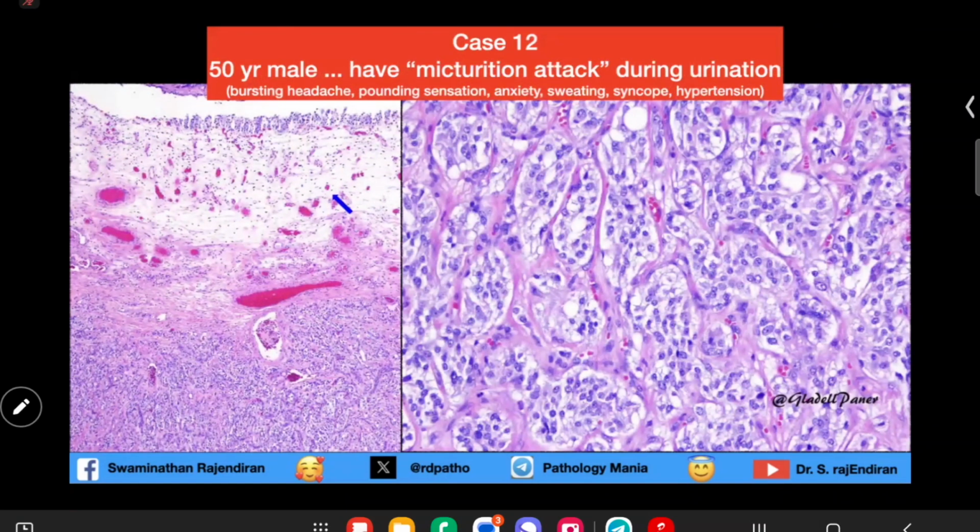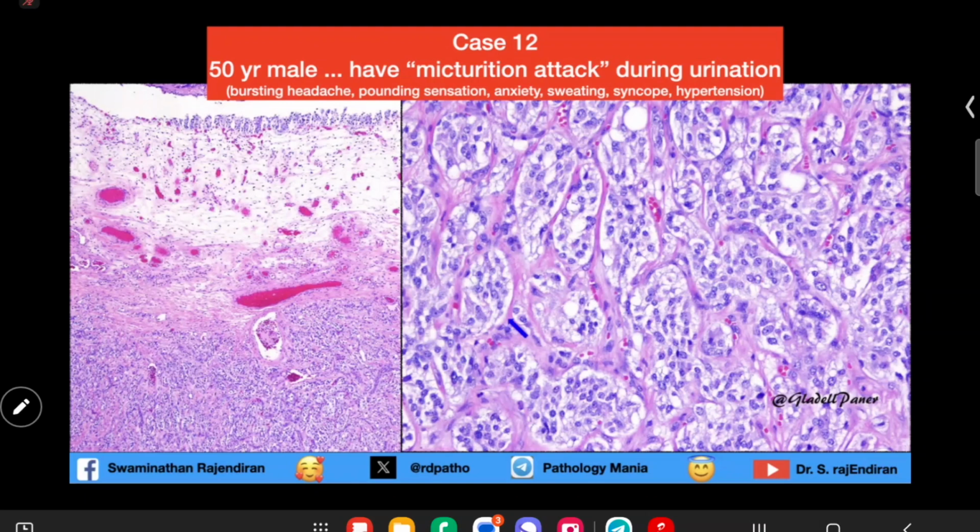Number 12, typical exam case, micturition attack during urination. What do you mean by micturition attack? The patient will start getting headache, pounding sensation, anxiety, sweating, syncope during micturition. And when you take the biopsy from the bladder, this is normal urothelium, and in the lamina propria, you can